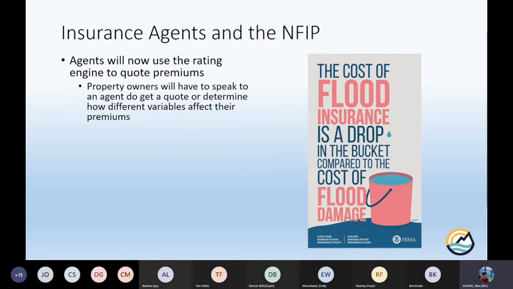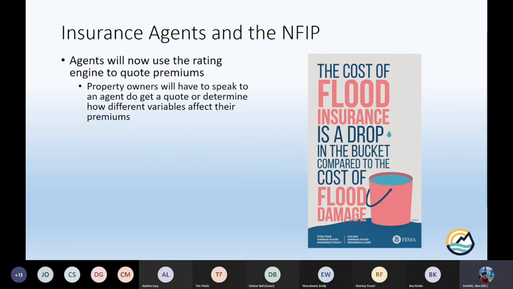And again, Cindy, you asked how do we encourage people to take mitigation actions? The answer right now is sending them to an agent. Again, the reason that FEMA is doing this is because all of these premiums are property and structure based. So no longer can we say, oh, if you elevate your home 2 feet, you're going to see this much and your premiums go down. Because that's not really taking into account what foundation type you have, or how far your flooding source is, or some of these other factors.